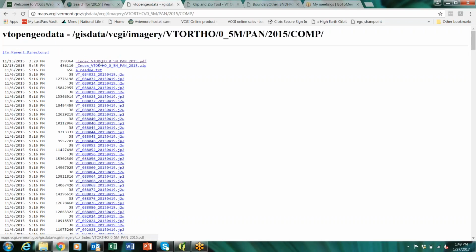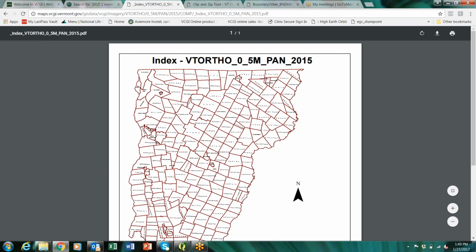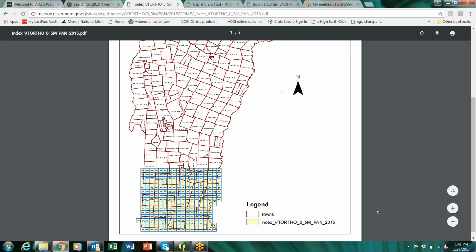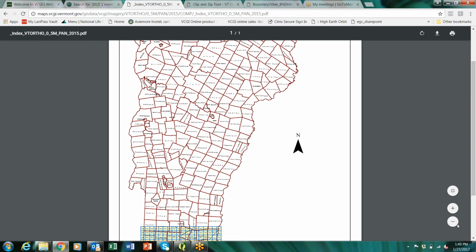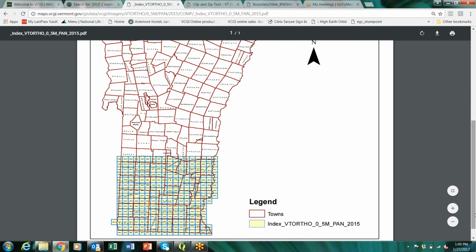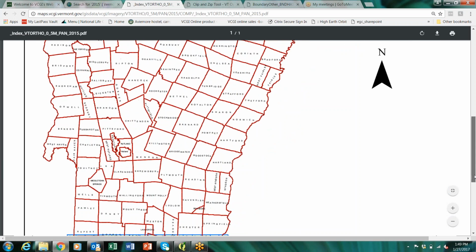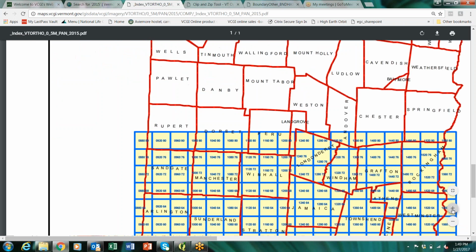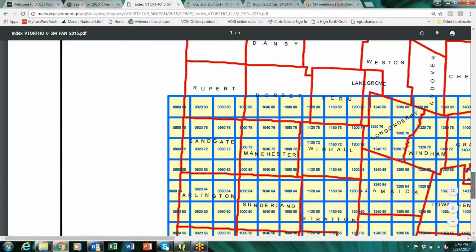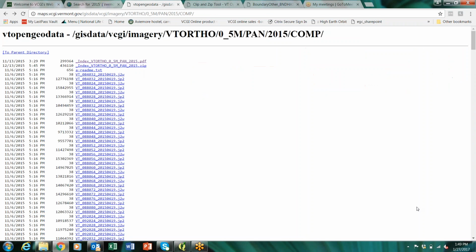If you need to, you can also go to the full index, or the index map, and zoom in and see the number. If I hit my back button,